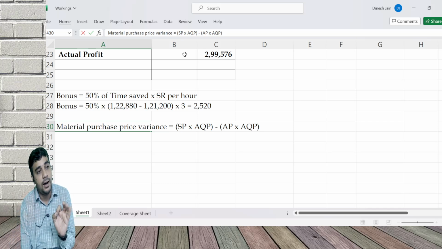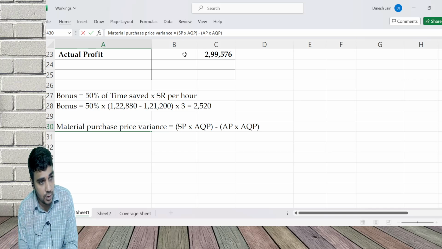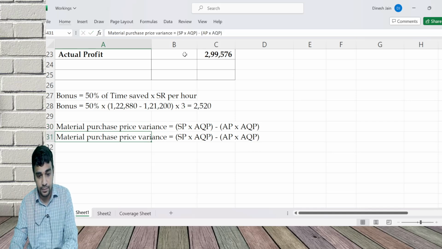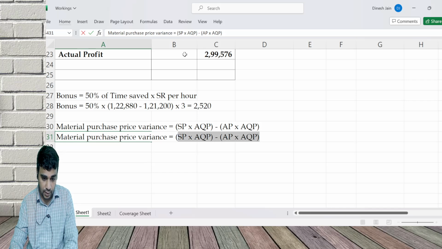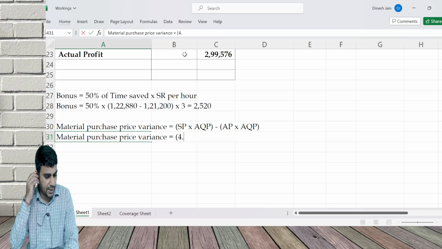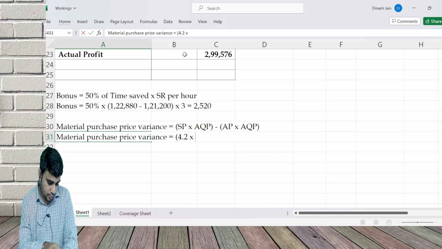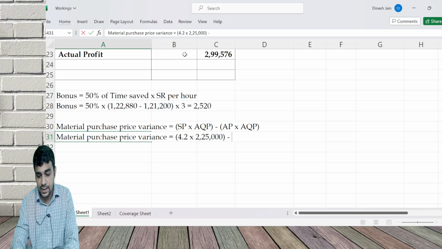The same formula, but we'll have to use quantity purchased. Normally we use quantity consumed. You'll have to use quantity purchased. What is the standard price? Tell me the standard price. Into what is the quantity purchased, not consumed, purchased one. 2 lakh minus AP is